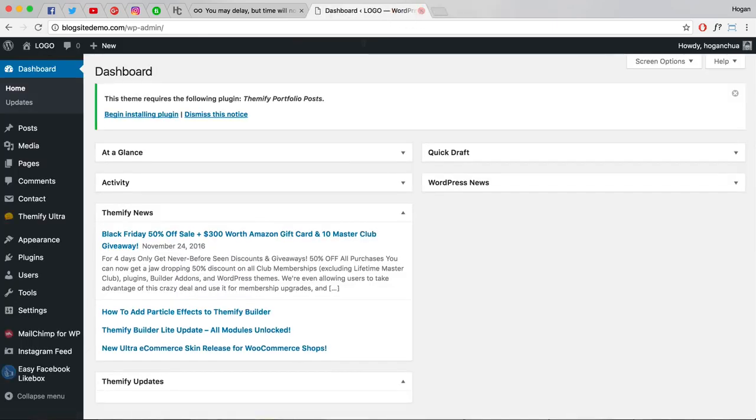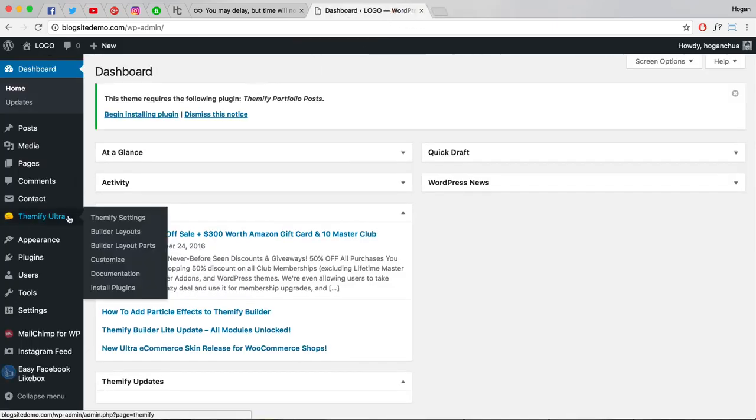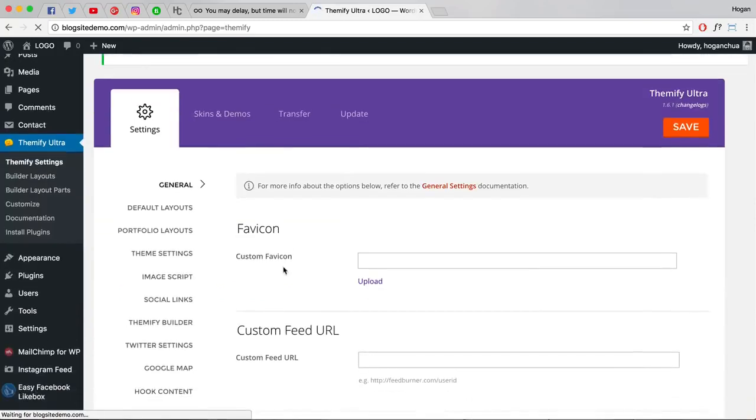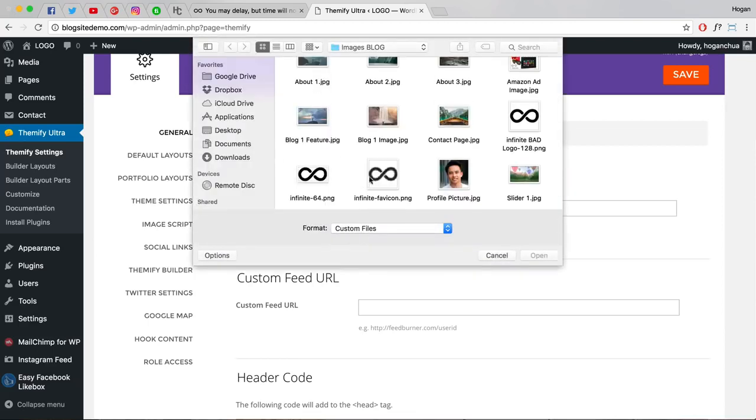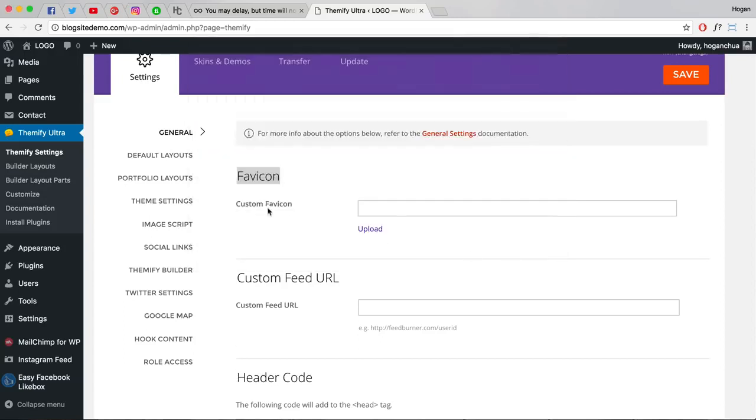I'm going to close that and hover over Themify Ultra, Themify settings. So fav icon here, just need to upload it. And for the fav icon size, the recommended size is about 32 by 32 pixels. And for this one, I don't think it matters about cropping the space up there because it looks pretty good. Once I upload it in, you'll see what it looks like. Make sure it's a PNG file, that means it's transparent. So open,